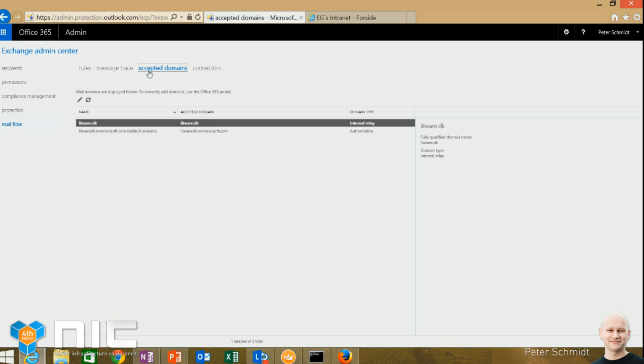In case I wanted to use the directory blocking feature, which I mentioned earlier, so we in the EUP are able to reject any mail addressed to mail addresses which are not present on our system. We'll do that in here on the domains we have. Right now, the Litware DK is set to an internal relay.